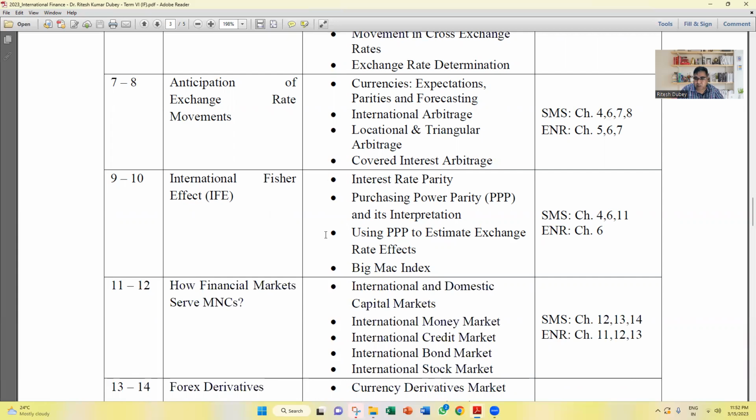So what happens? Big Mac, a lot of us are fans of McDonald's, right? So we will look at the Big Mac index, and it is definitely as tasty as the Big Mac as well. This is a very interesting way of looking at how the exchange rate may be determined, how they can be compared, and how the trade balances can be considered, keeping the Big Mac index into consideration.